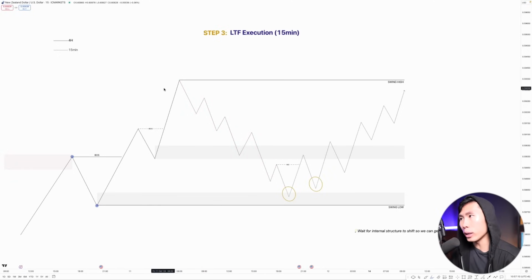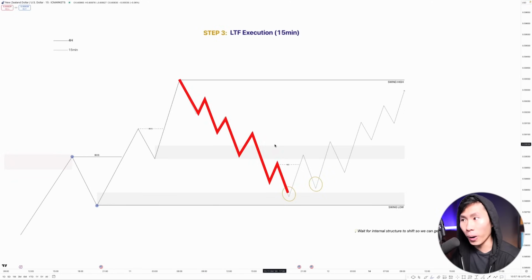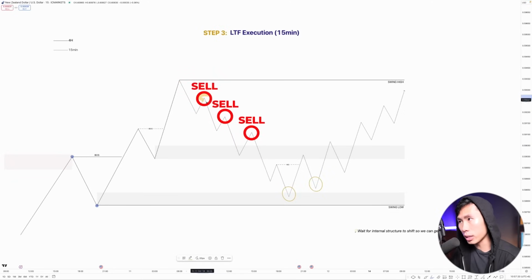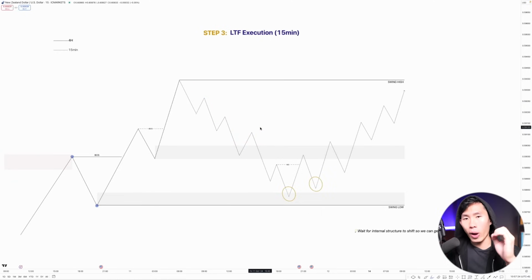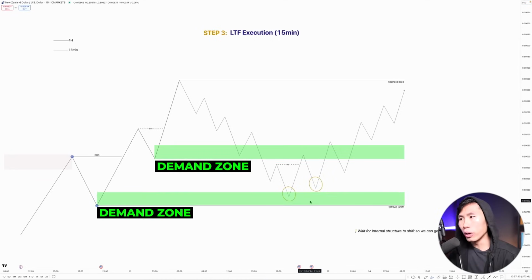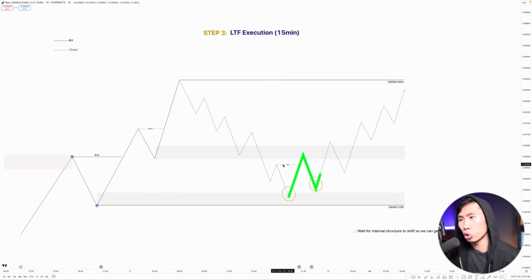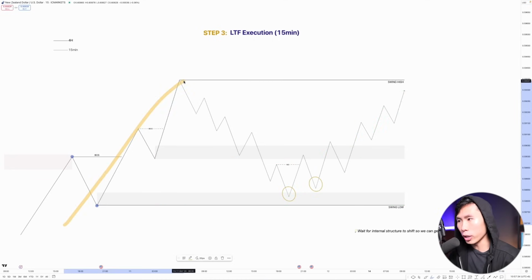Right, so if you are looking to trade the counter trend, which means you are trading against the higher time frame trend, you are trying to capitalize on this short-term pullback that we have right here. Yes, you can enter for a sell here at all these lower highs, but bear in mind, you have to manage your expectation, because the minute price enters into any one of these demand zones, we know that at any point of time right now, price is going to switch bullish